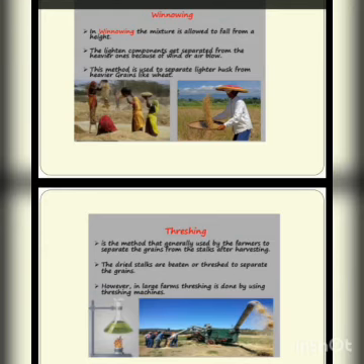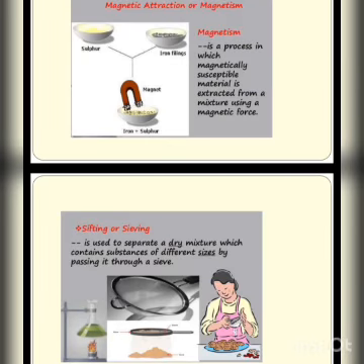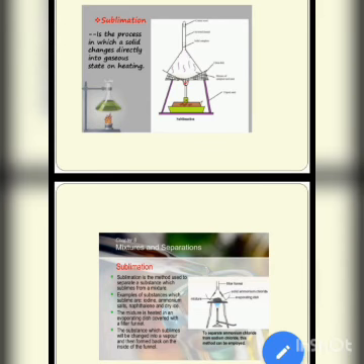Okay, last is sublimation. Sublimation is a process in which a solid changes directly into a gaseous state on heating. Means there is no liquid state; the solid converts directly on heating into a gaseous state. Example, the naphthalene balls that we use at our home to remove insects, or the kapoor we use for our worship or puja purpose, that is also a case of sublimation. These are solids. When we keep them for a few days, they evaporate, means they disappear from that place. That is the sublimation method.